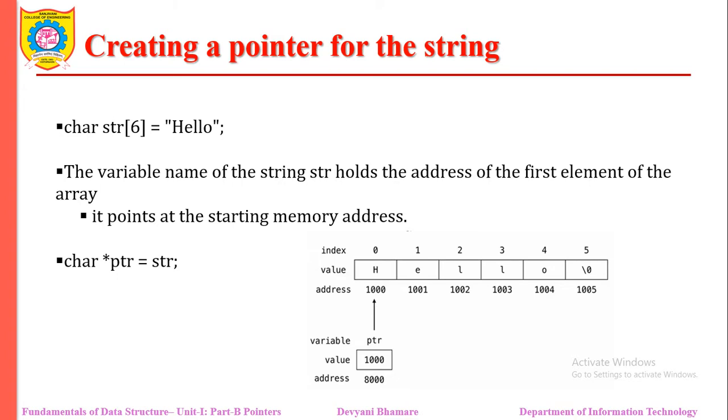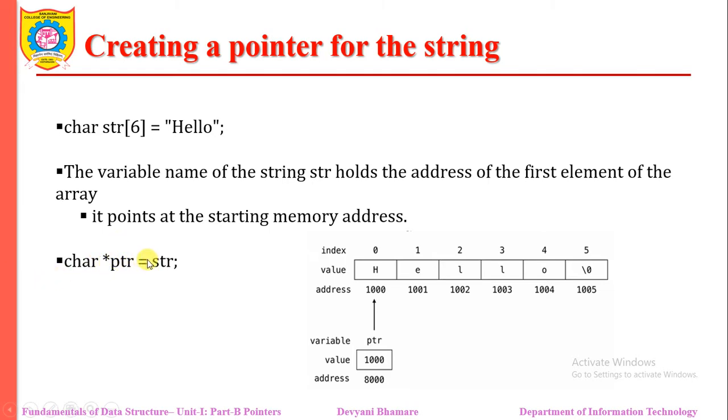Why are we saying that we want to assign a pointer to that variable? First of all, we need to declare the pointer, and that pointer needs to be initialized to that variable. In this case, I want to create a pointer which will point to a string, and a string is nothing but a collection of characters, which means the type of the pointer is character. That's why we are using char *ptr.